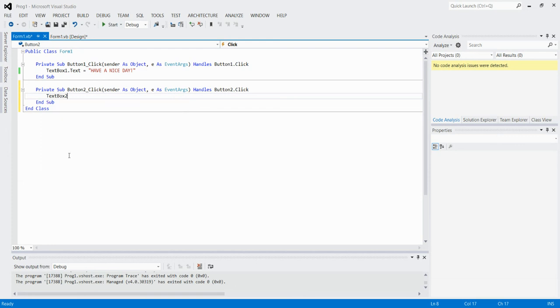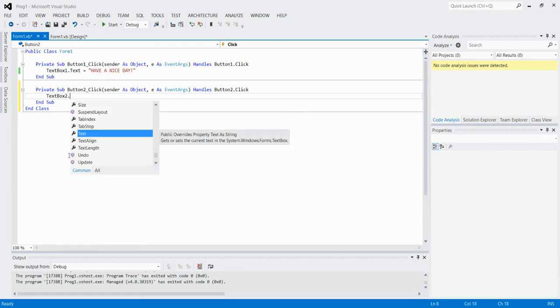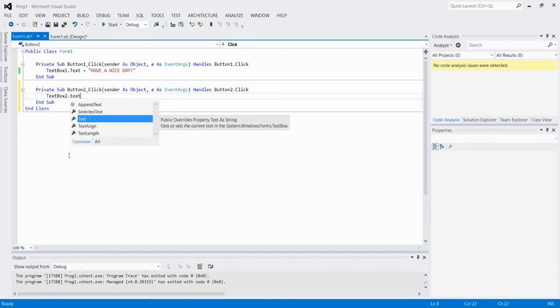For acquiring it, you have to click on the Tab button, then dot, because VB.NET is an object oriented programming language, and its Text property we require. Hence, we are acquiring the Text property here.